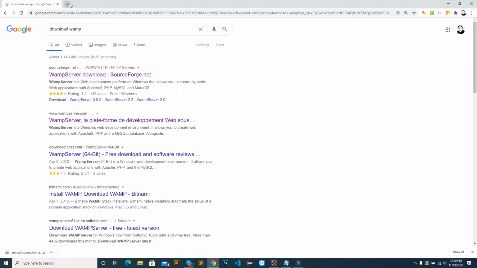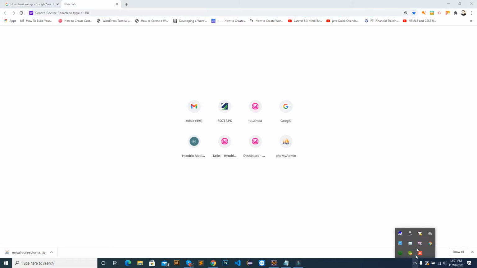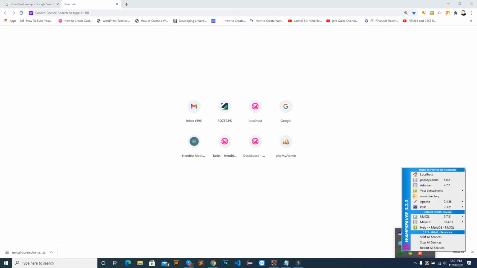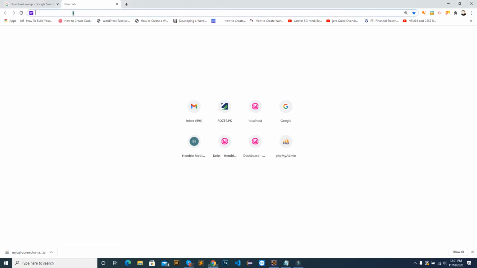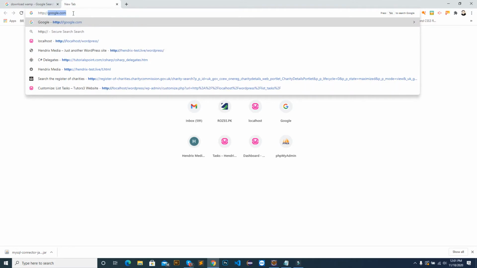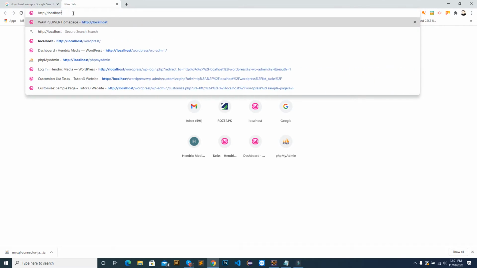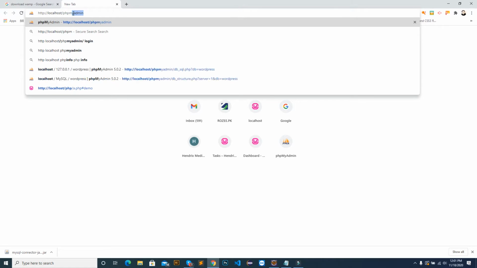Now how do we access this database? There is a web interface called phpMyAdmin. You can click on it and use it as administrator. Or just write http://localhost/phpMyAdmin and press enter.